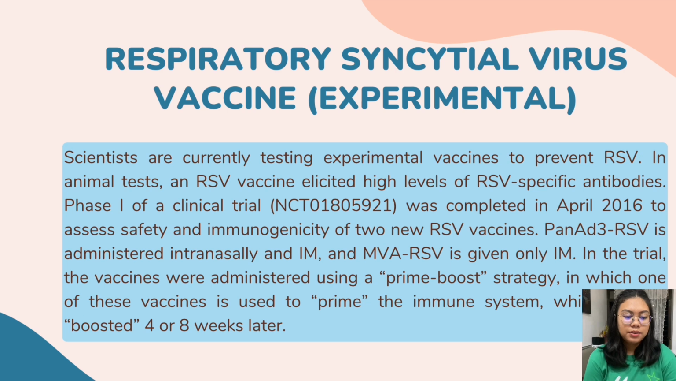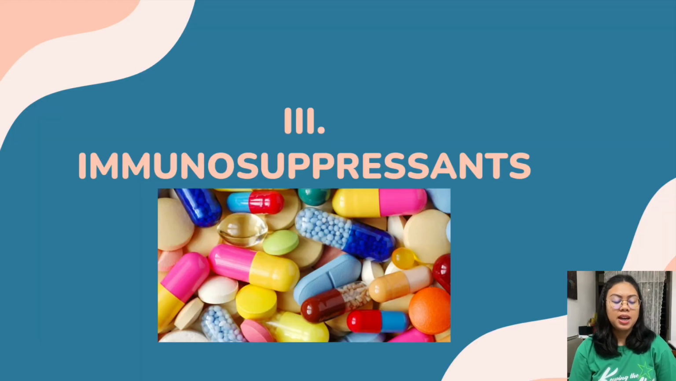For the respiratory syncytial virus vaccine, it is experimental. Scientists are currently testing experimental vaccines to prevent RSV. In animal tests, an RSV vaccine elicited high levels of RSV-specific antibodies. Now we are in the third part of our topic, the immunosuppressants. These are drugs